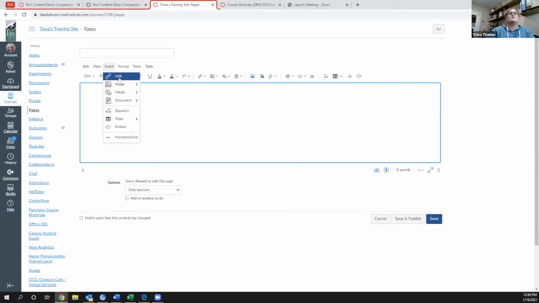Insert, here's again where you insert an image or your media. This is where you can upload or record. If you're a person that likes to quickly record a little welcome for the week, some faculty just go ahead and create that right here. The only reason that